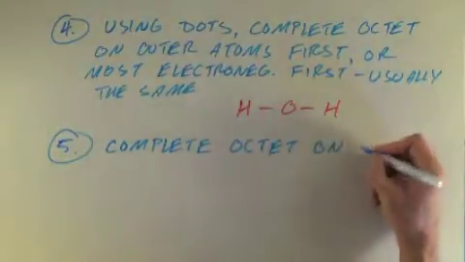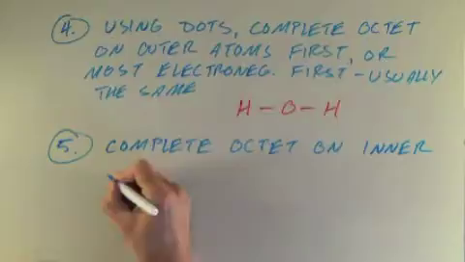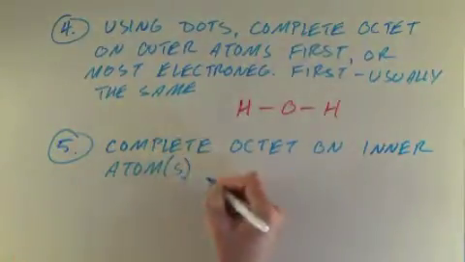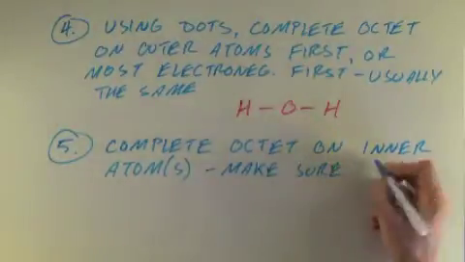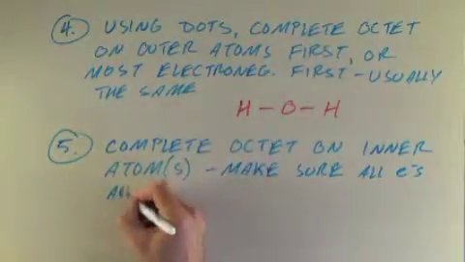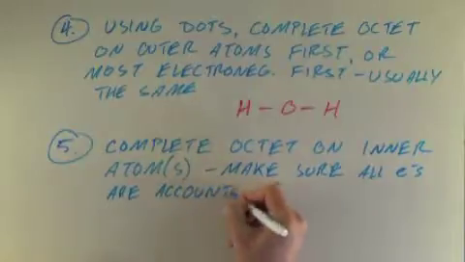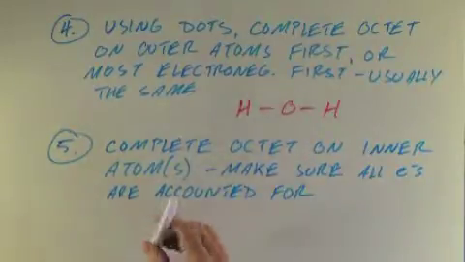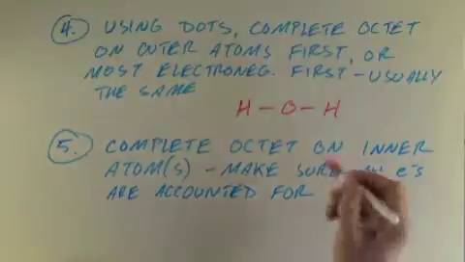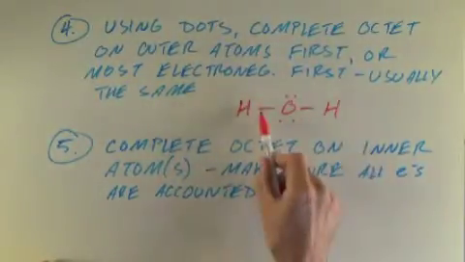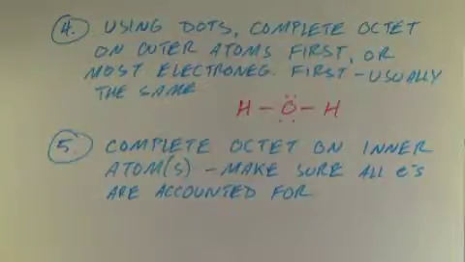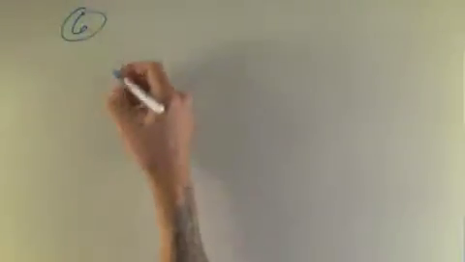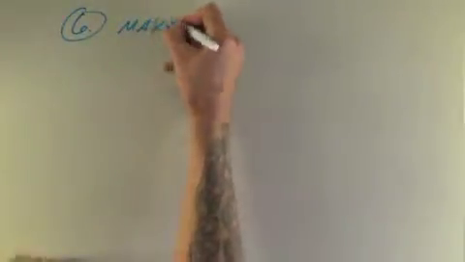So we're going to complete the octet on the inner one if necessary, on the inner atoms, making sure that all the electrons are accounted for. So again, the 2 lines account for 4. We're going to need a little bit more in the form of dots. There we go. 1, 2, 3, 4, right? Count them all up. There's 8 electrons accounted for. And that's a very simple structure. We've accounted for all of those things. We've done all the steps already. But just to be thorough,